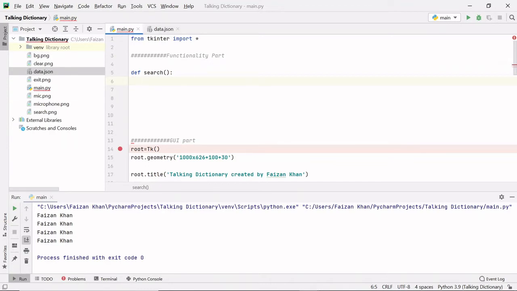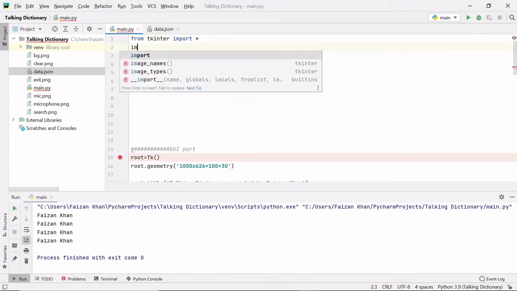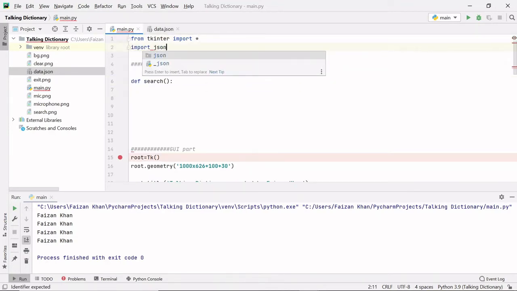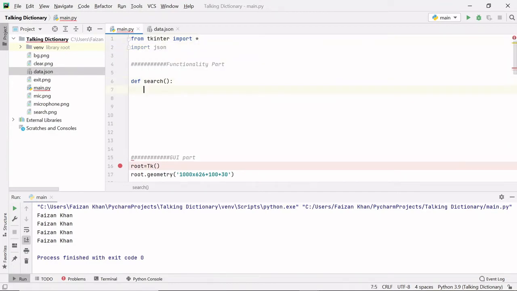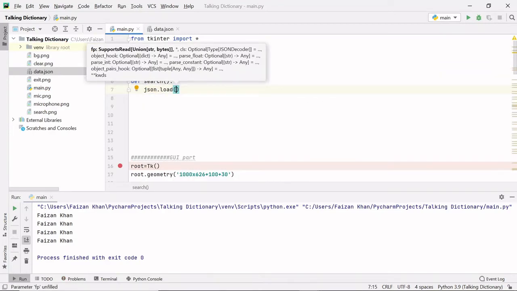So how can we load this data? We have to import one module, which is JSON, to import JSON data like this. And after importing this, we can load this data inside this main project, right? So we'll write JSON module dot load method, which helps you to load. And what data we have to load?